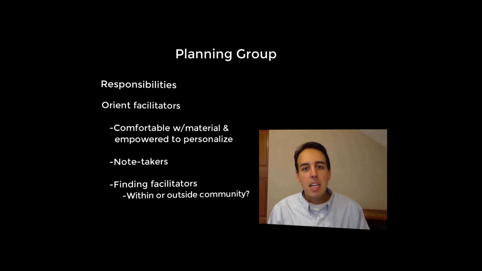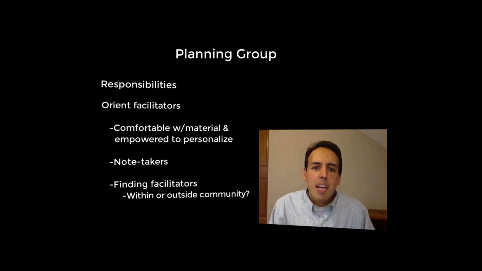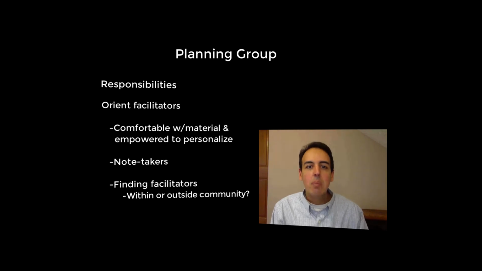While bringing in facilitators from outside the community can be helpful for promoting perceived neutrality, you may instead want someone from the inside of the community because of their understanding of community dynamics. There are advantages and disadvantages with going with outside facilitators who may have training as facilitators and going with community members who may be closer to the community but may need more training on the front end. Ideally, of course, you would have trained facilitators who also are community members. Regardless, the question of facilitation is an important decision that the planning group needs to make.